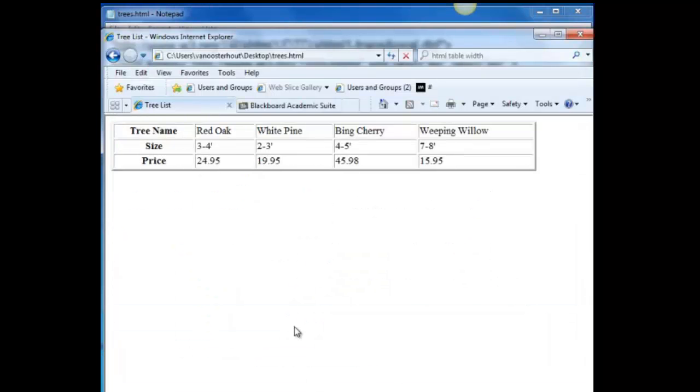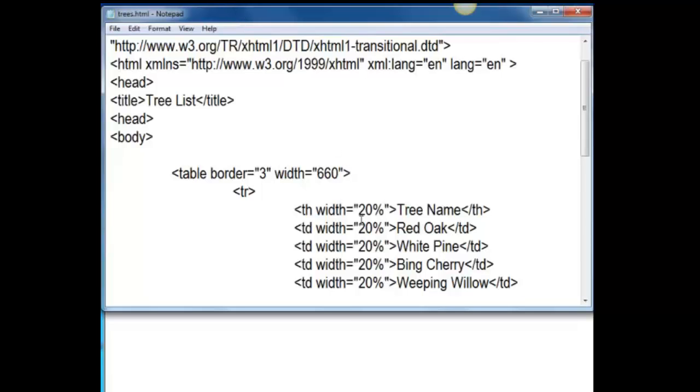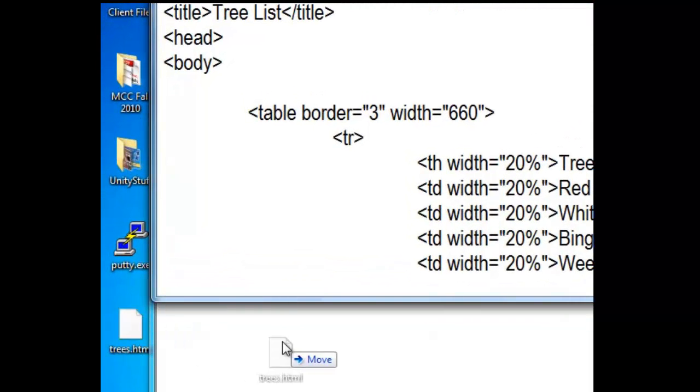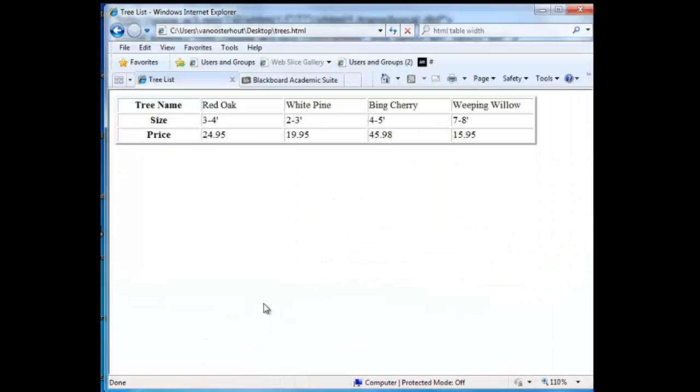We're going to look at the table one last time the way it was before we made these changes. Again, you'll see each one of these columns has a little different width to it. What we've done here is we've defined every width to be equal, 20% of the total width available. So every column is 20% of the total width available. I'm going to go ahead and move the saved file with the changes into Internet Explorer and take a look